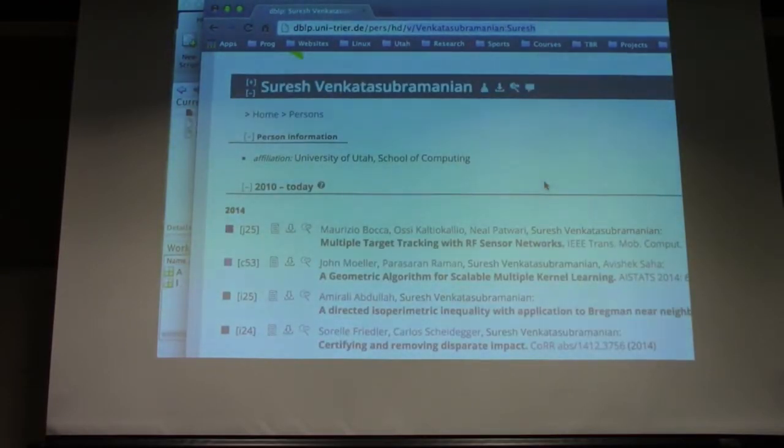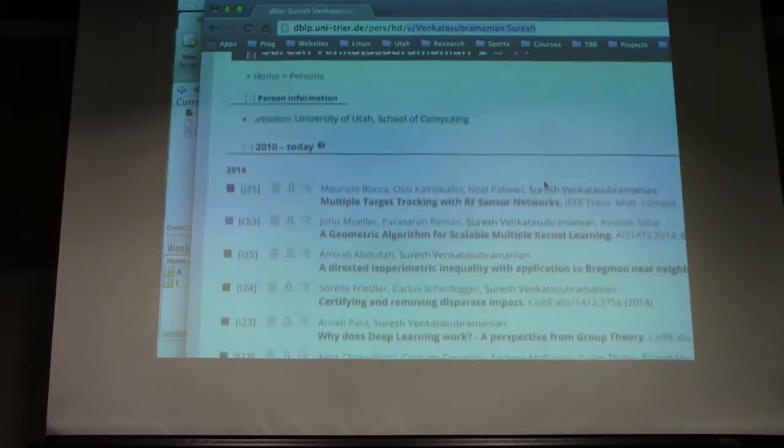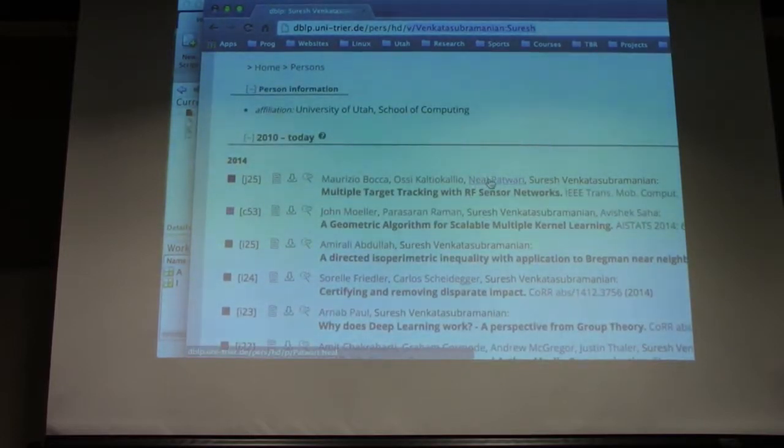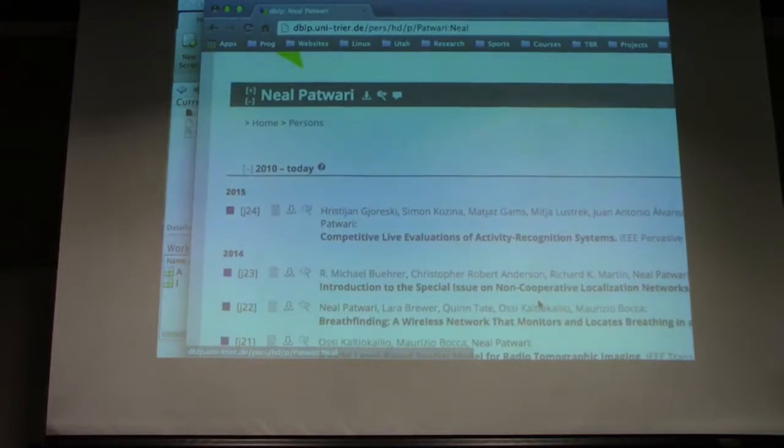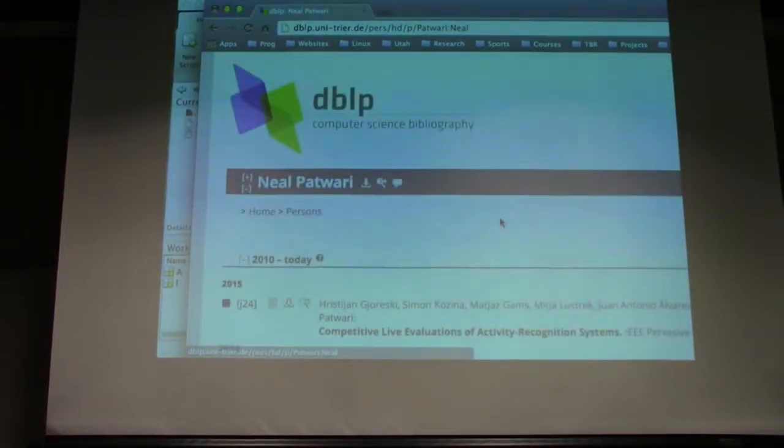And once we had these IDs, click on someone's name there. Neil Patwari. Yeah, sure. It's all good. Basically, you can then get the list of conferences, the list of publications that that person has had, and then do an intersection between all the